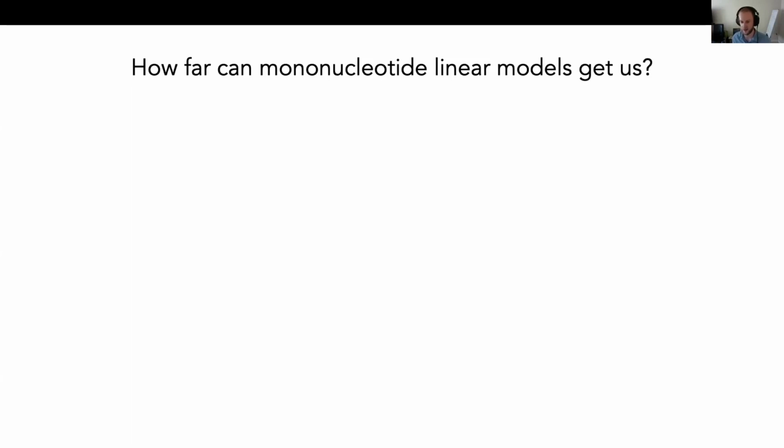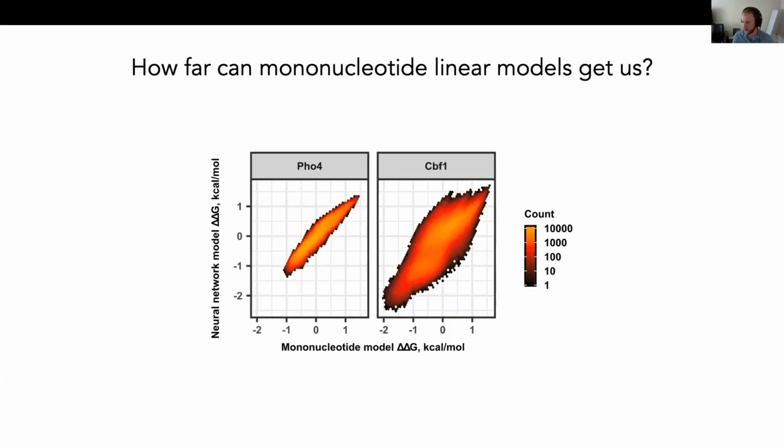neural network has learned? And so if we plot the mononucleotides, the linear model prediction down here on the x-axis and the neural network prediction on the y-axis, we see that for FO4, that linear approximation is actually pretty good. It explains binding behavior pretty well. But for CBF1, on the other hand, it doesn't do so well. There's a lot of variability for any given mononucleotide predicted delta delta G that can't be explained only by those